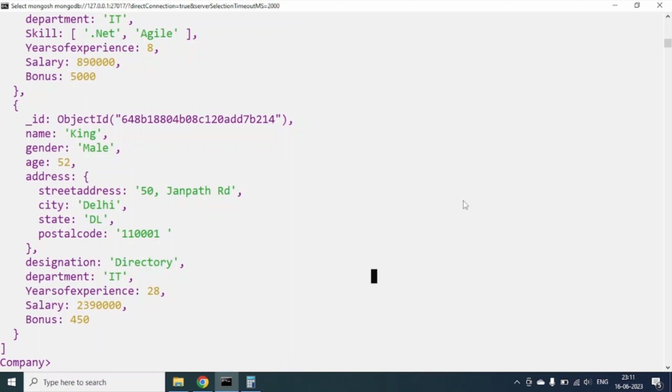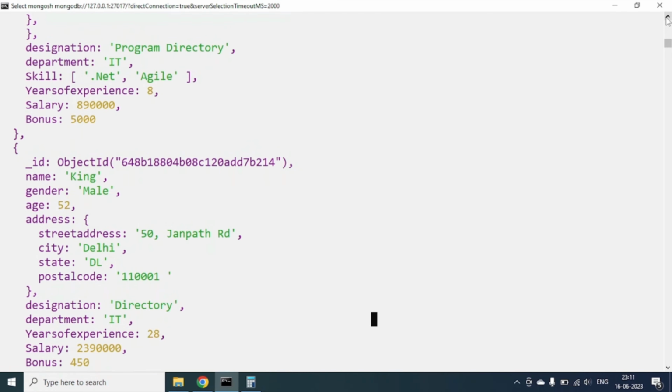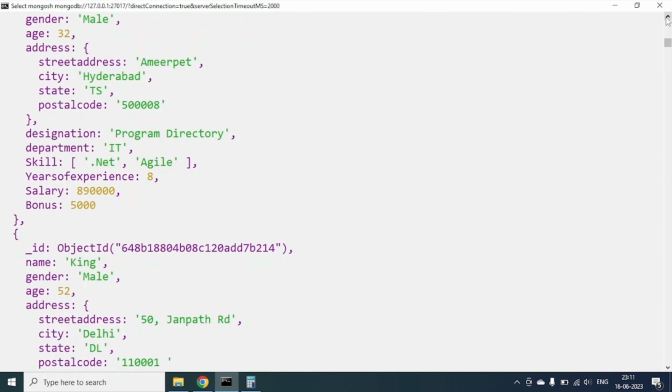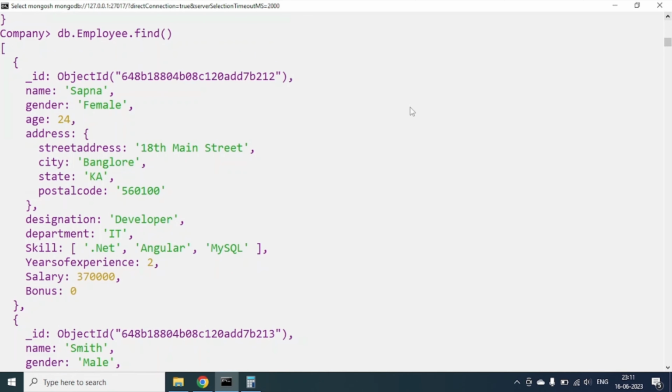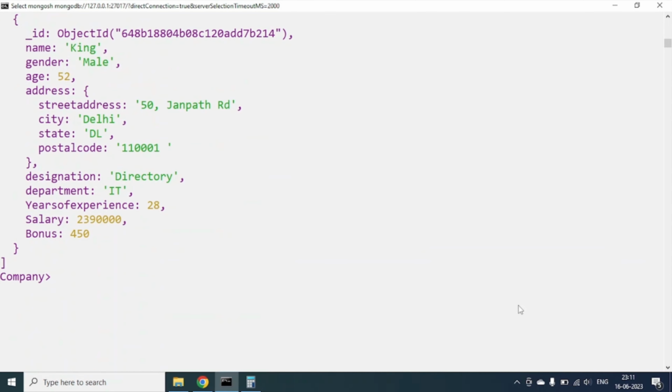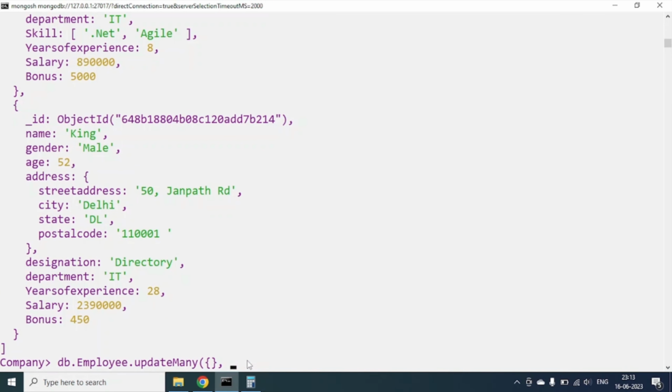Now in our collection, all these employees don't have a mobile number or phone number. So right now I want to insert one new column in our collection. We can see nobody has a mobile number in our collection. For that case, I will use db.collectionName, and I will use the updateMany method. For the filter, I will pass a blank document. That means it will select all the records from the collection. And after that I will use the set operator. Once I hit the enter button, then the mobile number column will be inserted in all these documents.